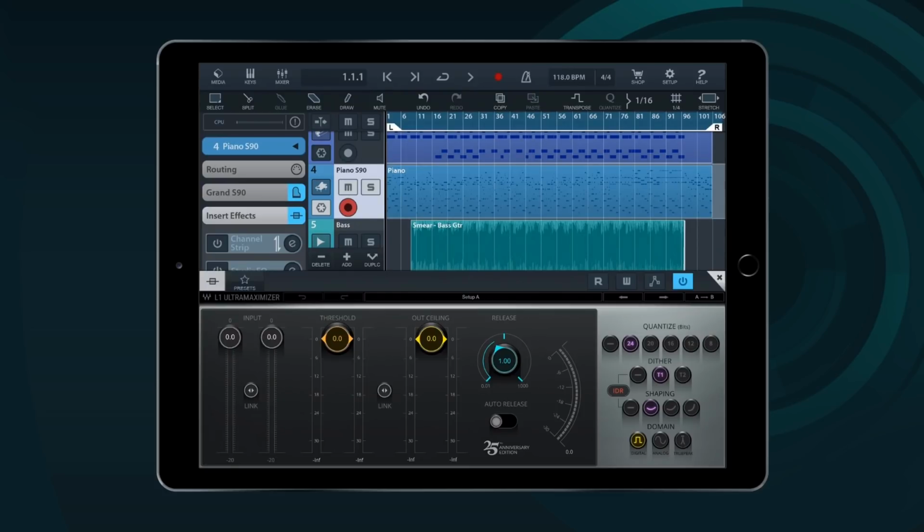Let's start on the left-hand side. You of course have an input gain stage, so you can do separate settings for left and right, or of course for both at the same time. You have a threshold setting above the threshold, then the limiting will actually start. We have an out ceiling, which determines the upper limit of the level of this mix, and we have a release parameter, which you can adjust manually, but there's also an automatic mode. Simply turn on auto release, and then the L1 will measure peak and RMS values and adjust the release time according to the musical signal.